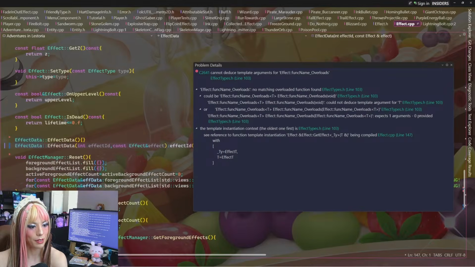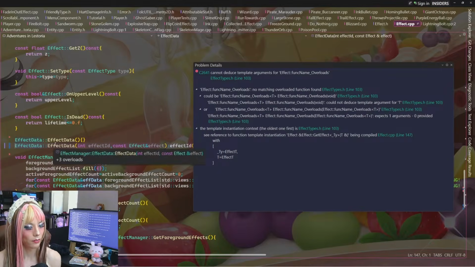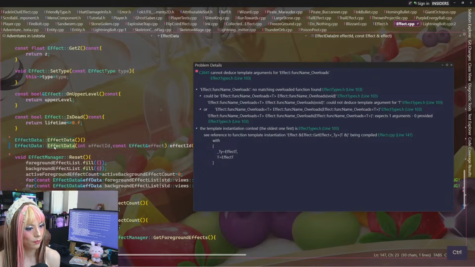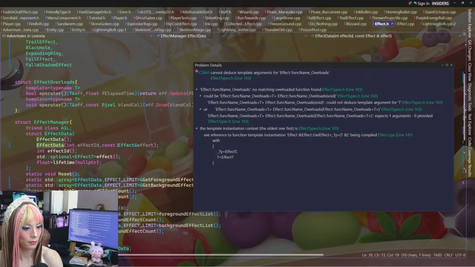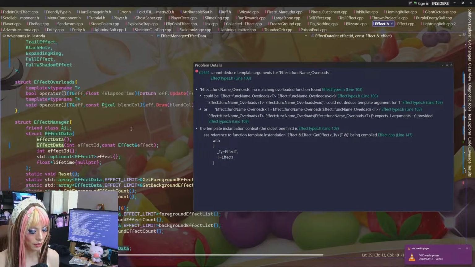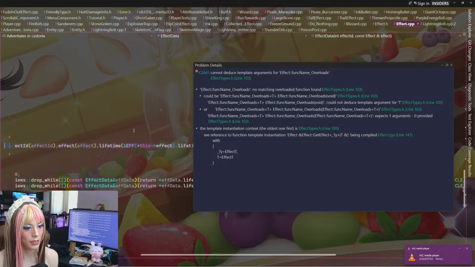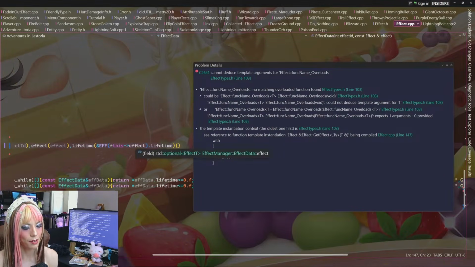I wonder why. At this point in time, it's literally just an effect. It should know that.